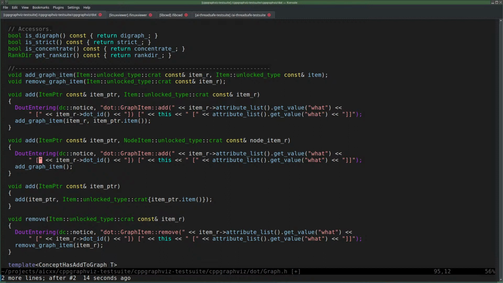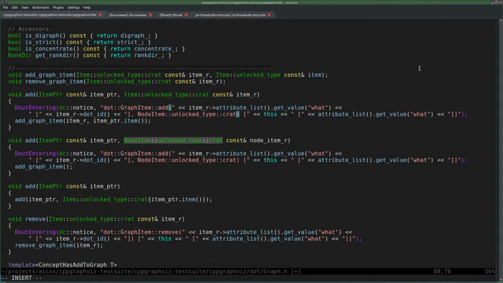What the hell is this? Okay, I need to add a comma here. Let me just show the type of the thing, to make a distinction with this one. Oh, actually, that's that type. No, it's not. This is item. Item unlock type 0. There's a node item, blah blah blah blah.